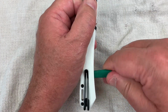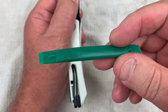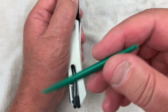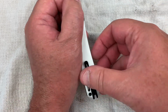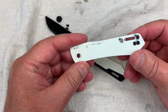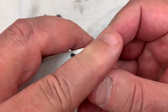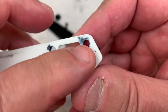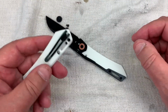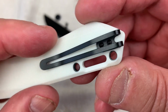Do I need to give it a little help with my little plastic? You can get these on Amazon, a whole packet of these little fids or whatever they are, plastic, for a couple of bucks. They come in handy because they aren't going to mark up your knife. There you go. There's the explosion of whatever it was in here. Okay, there's where your pocket clip is, from the inside. I can't see black through this camera that well to see if those were openings or...